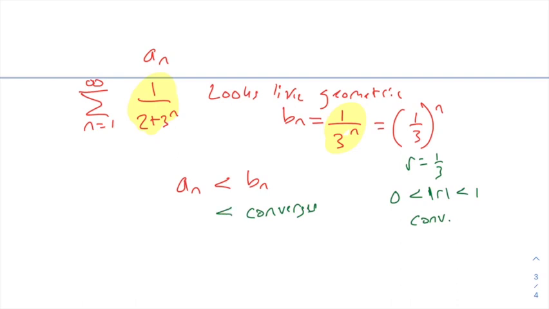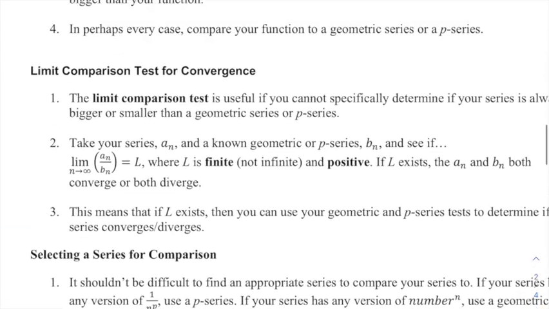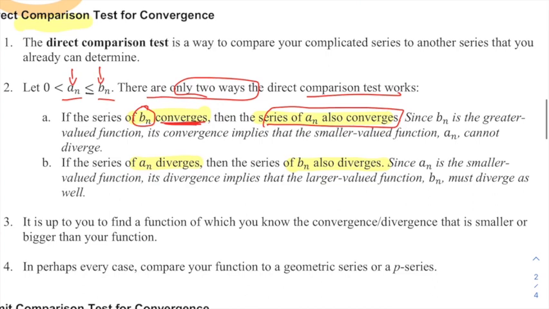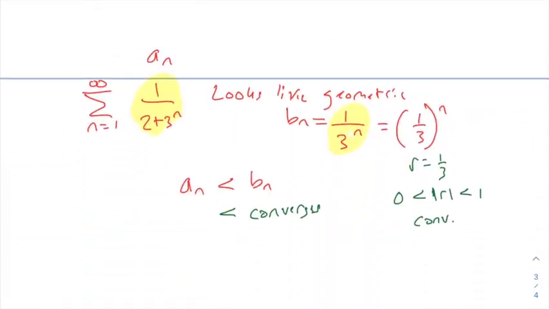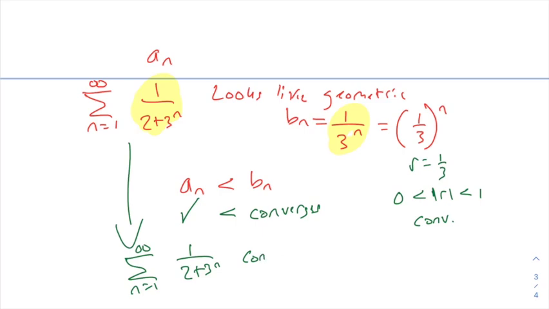Well, okay, we only have 2 ways that the direct comparison works. And one of the ways, in part A, said that if our bigger series converges, then our smaller one also has to converge. And that's what we have here. The bigger of these two is 1 over 3 to the n, and it's geometric and it converges. So that means that A sub n must converge as well. So we will say our series from 1 to infinity of 1 over 2 plus 3 to the n converges by the direct comparison test,